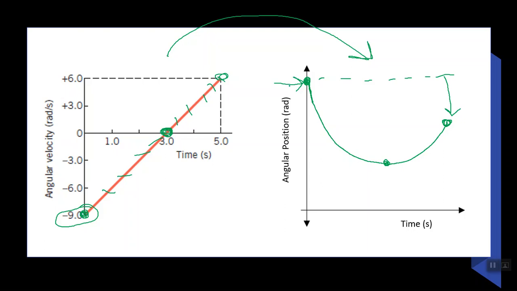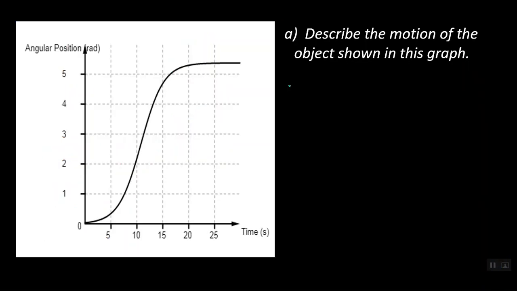So as a final example, I've given you this angular position versus time graph. So I essentially want you to do the opposite of what we just did. More basic question, describe the motion of the object shown in this graph. What is it doing? Keeping in mind this is angular position, so mentally remind yourself this is spinning, this is not translating. All right, so I would describe this object as starting from rest because it appears that the slope